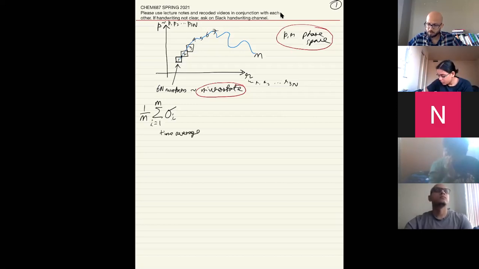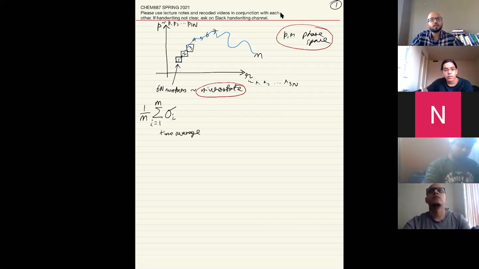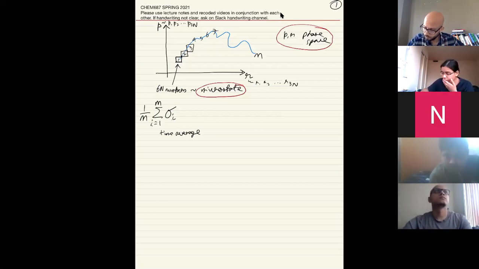So you start the trajectory in one point in phase space and you follow what it does as a function of time. In experiments, this is what we really do. We prepare the system and then we let it equilibrate, we let it do whatever it wants to do, and we measure a property. In theory and in simulations, that can be very hard. So that is not the only way to calculate this. And that's where the ergodic hypothesis or ergodicity comes in, which says,